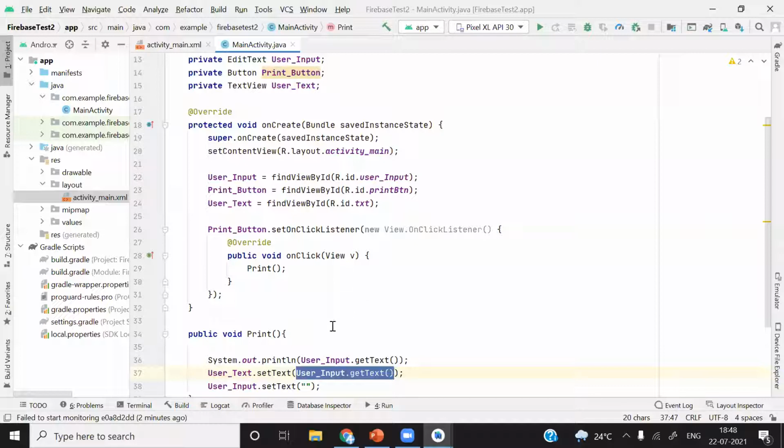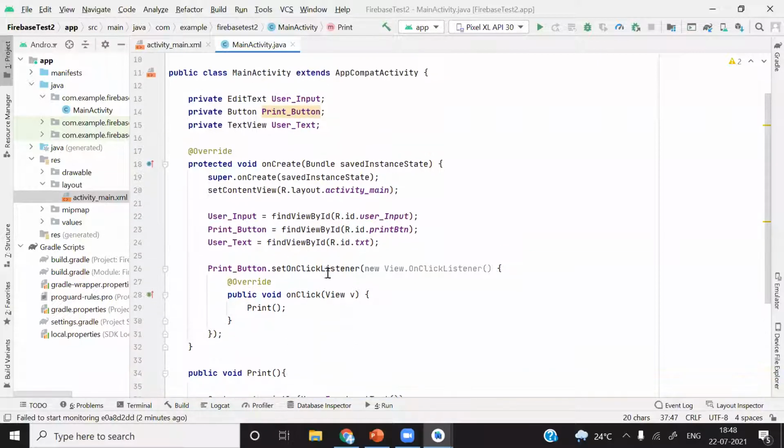Light is gone. So what we will do, we'll start with how we can integrate Firebase with our application. To do that, there are two methods. One is the manual method, where you have to add the JSON file and everything. And the second method is automatic. We will go with the easy method, so each and every one can do it.